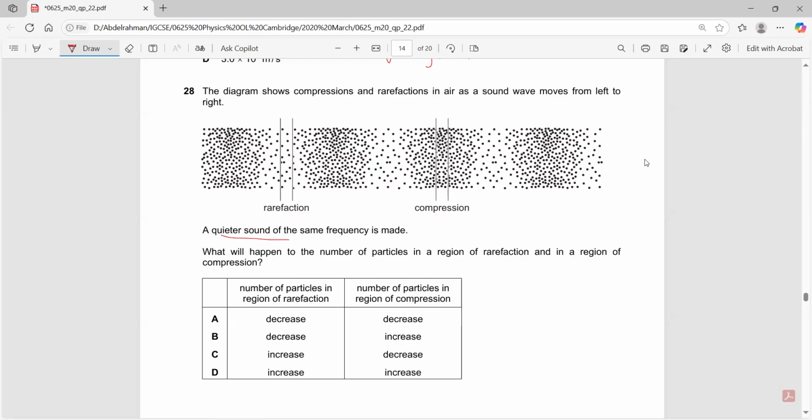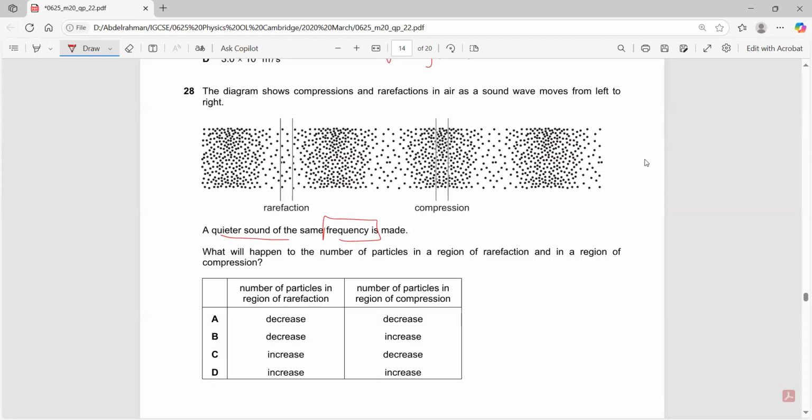What do I mean by a quieter sound? The amplitude has decreased, right? So how does this affect the rarefaction and how does it affect the compression? If you have the same frequency, then you wouldn't change the frequency. As you decrease the